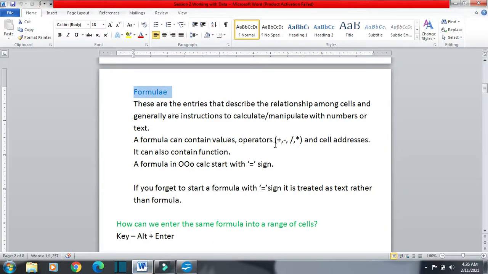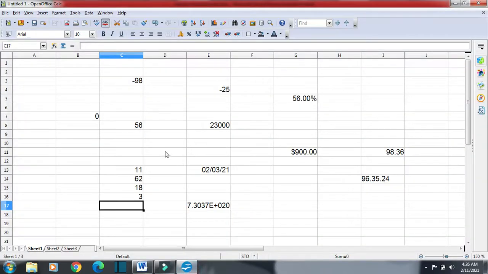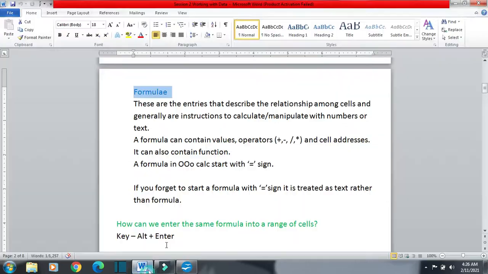So these are the operators which will be there in a formula, and cell addresses will also be there. Suppose I have used cell addresses here, equal to A1 plus B1. So it contains the operator plus and cell addresses A1 and B1. So these are the things which are there in the formula.